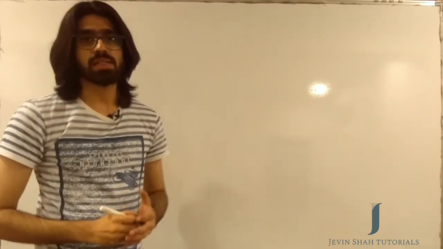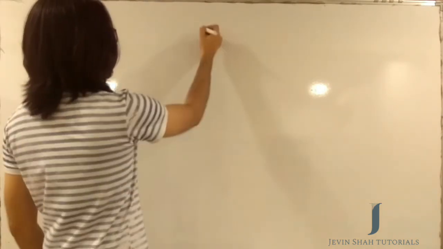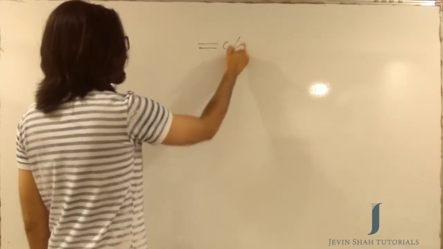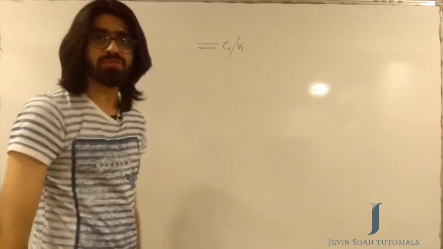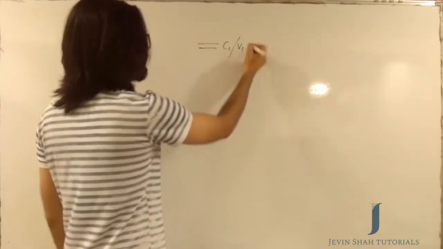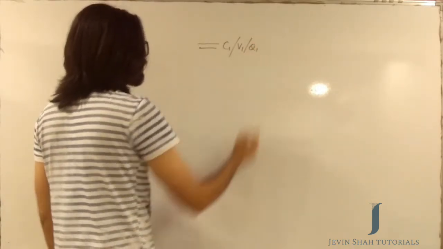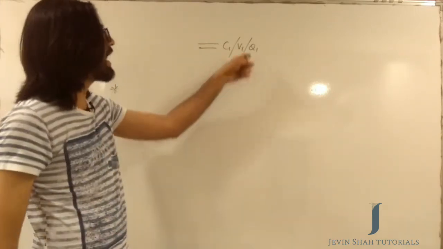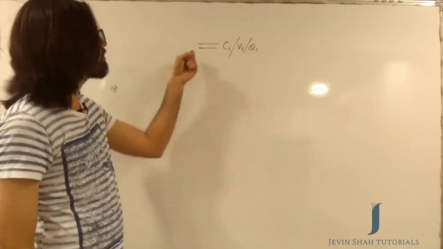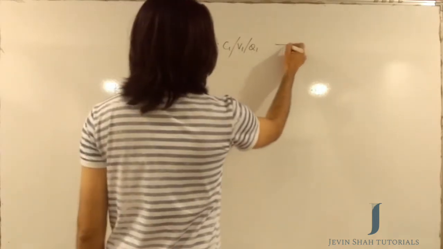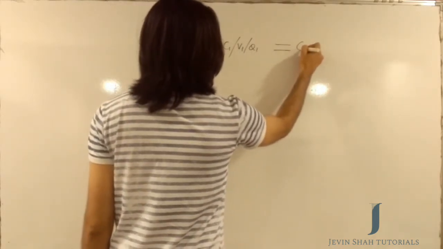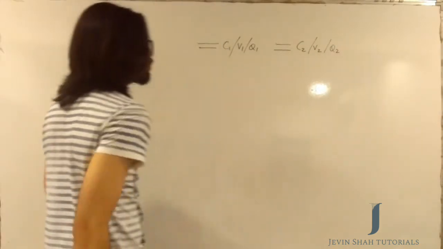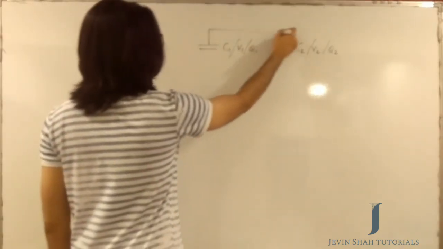So here's the next thing. Say for example, I take one capacitor and the capacitance for it is C1. I am charging it to a potential difference of V1, and by doing so it is developing a charge of Q1. So C1, V1 and Q1 are the capacitance, potential difference and the charge developed on the first capacitor. I have a second capacitor of capacitance C2, potential difference V2, and charge it has developed is Q2. And now I am connecting the two capacitors.